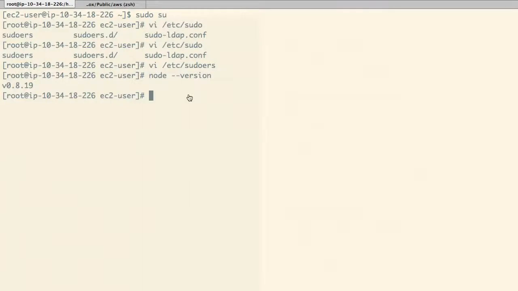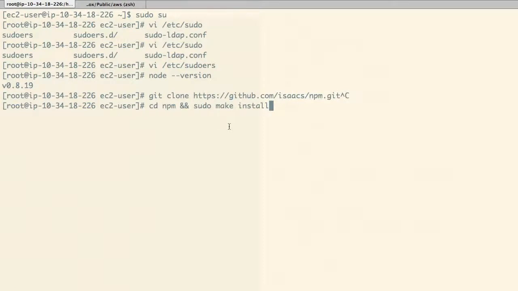And the very last thing we will do is install the npm package, which is the Node Package Manager, and we'll do a git clone, and then we will get the git URL. So I've already done that, so I won't go ahead and do it. So after you basically get the package, you will have to do something very similar. You have to cd into the npm folder, and then you have to do sudo make install. And similarly, I already did that, so I will not go through